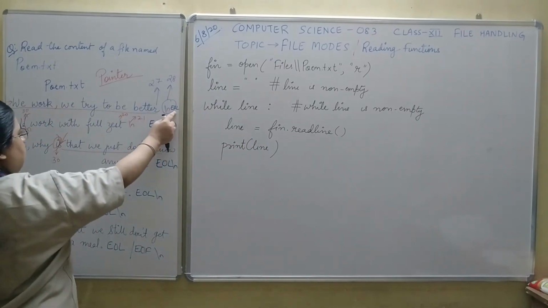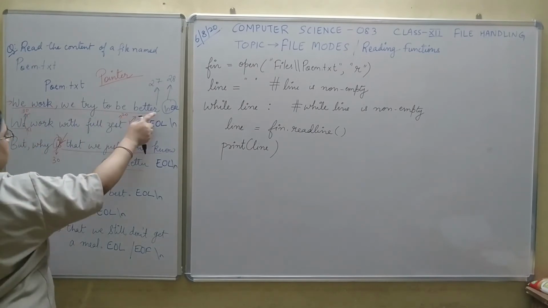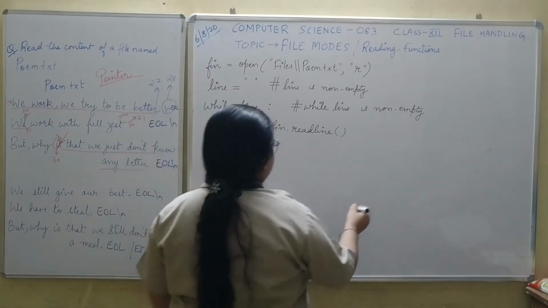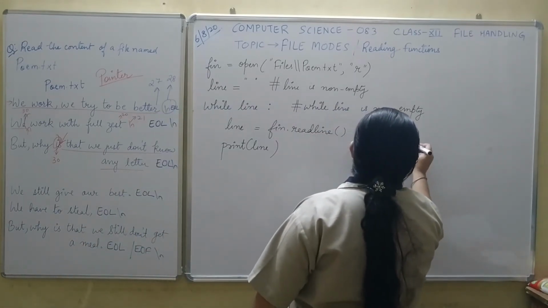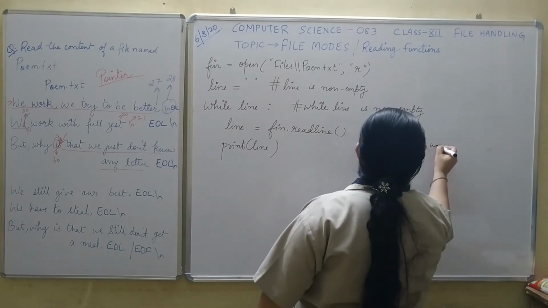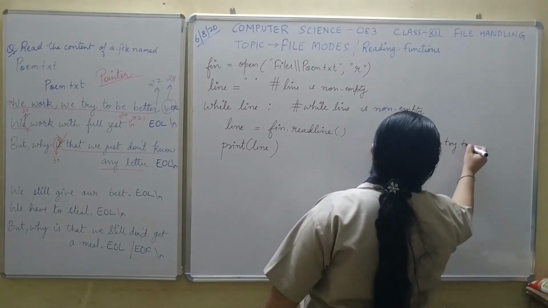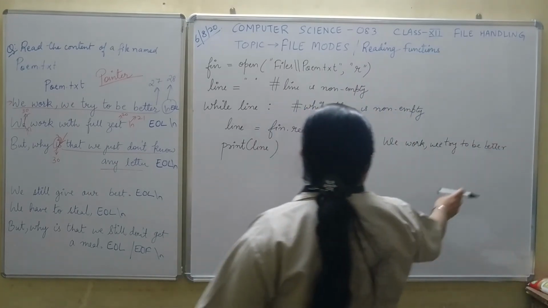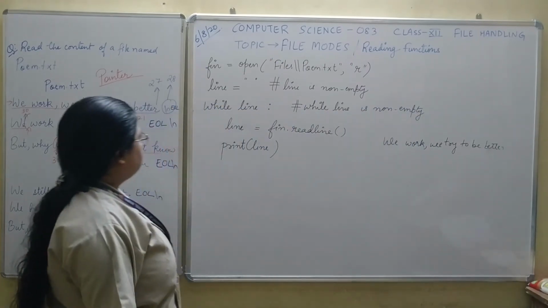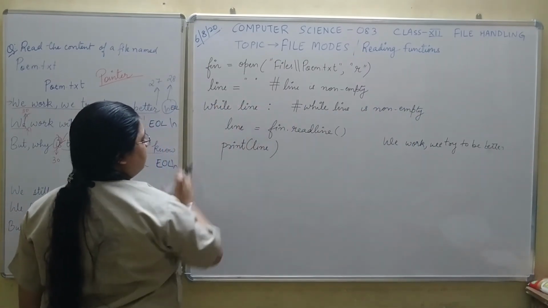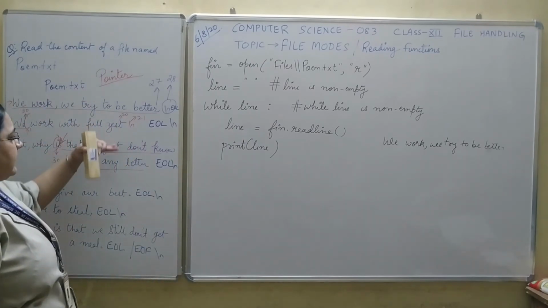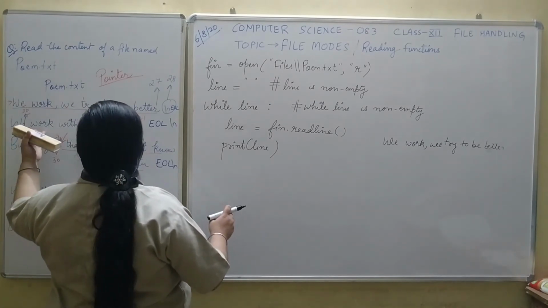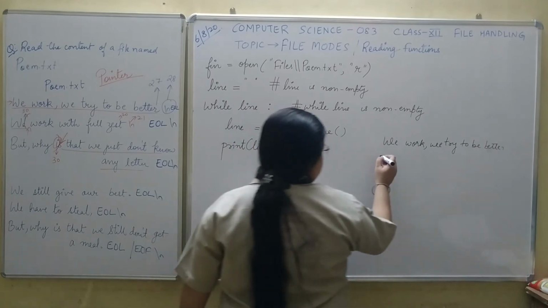Till the first EOL encountered over here, this first line would be read into line and printed on the screen. So it would be like this: We work, we try to be better. So this one line is printed. After this, again the line is not empty, so we go back again and read the next line. That means there are still other lines within the program. So read the second line, we work with full zest, and print that.